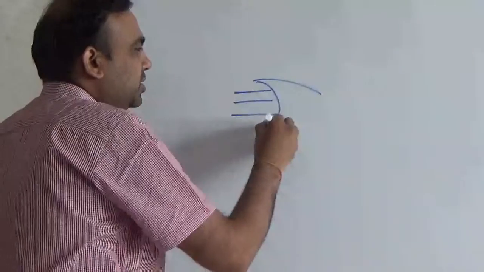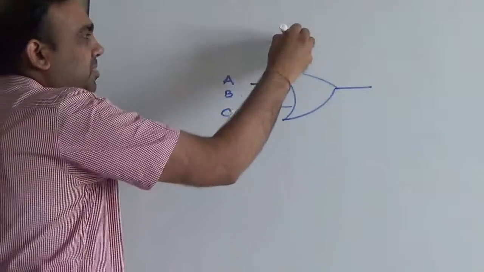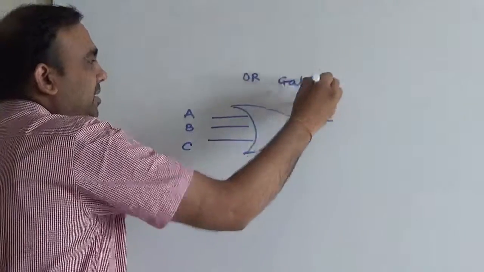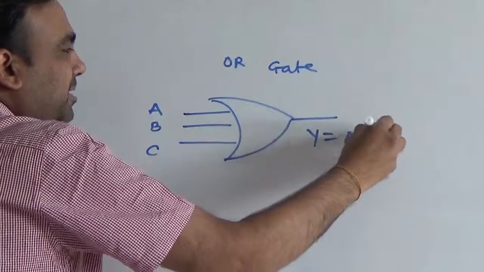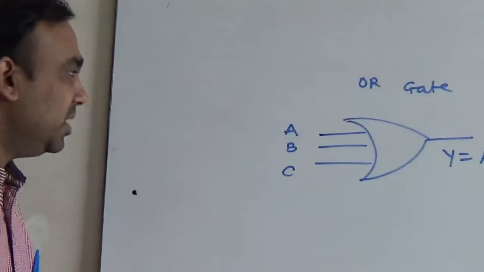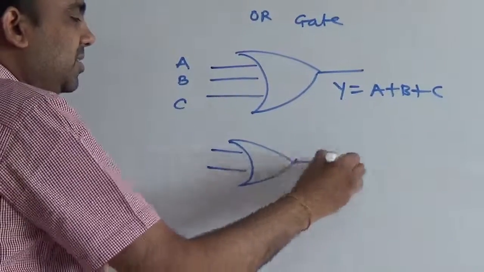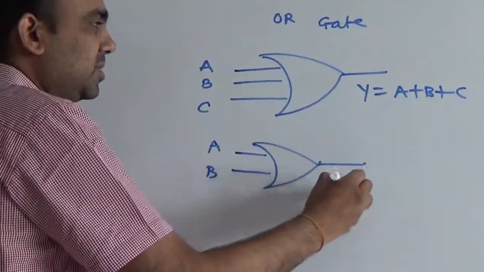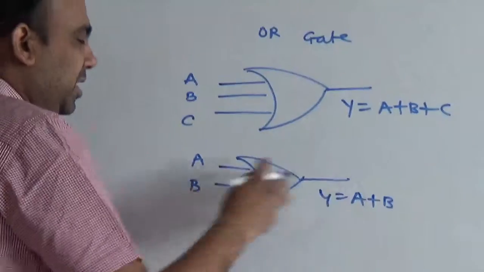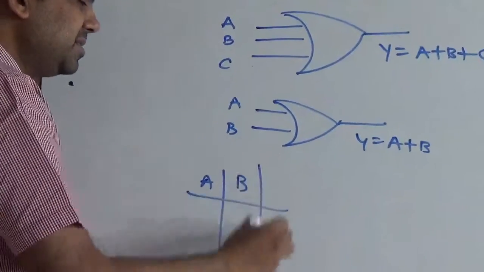From the hardware point of view, this OR gate has a symbol like this. Suppose A, B, C are the inputs. This is the symbol of the OR gate. We write Y is A plus B plus C. Keep in mind this is a symbol for OR, not for addition. If it is 2 inputs, then it will be like this. Just compare this as we have 2 friends, and again my decision is like this for ORing.